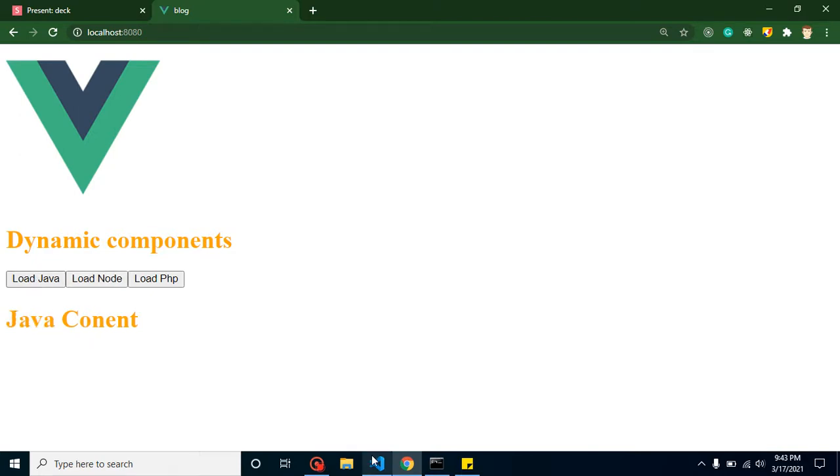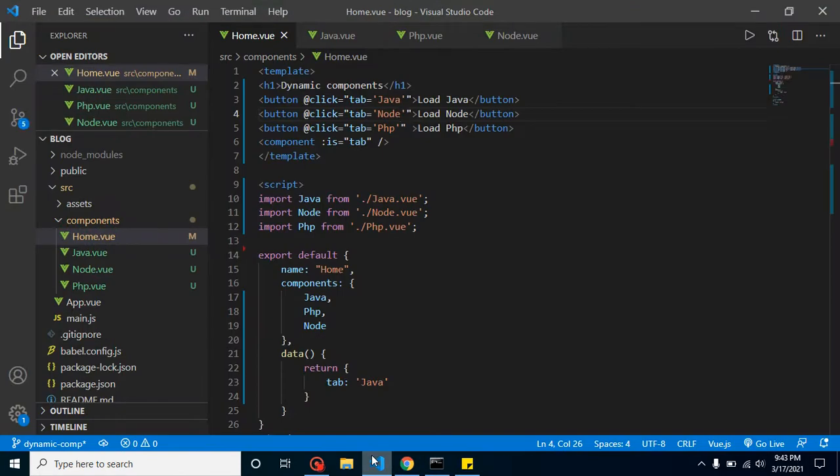Even though we can use if-else conditions here also, let's say we have around 20 or 30 tabs, or 20 or 30 technologies like .NET, JavaScript, Python, Golang and all. That's how we'll manage. So for that, this is the best way, I think. And if you still have any kind of confusion, you can ask me in the questions.